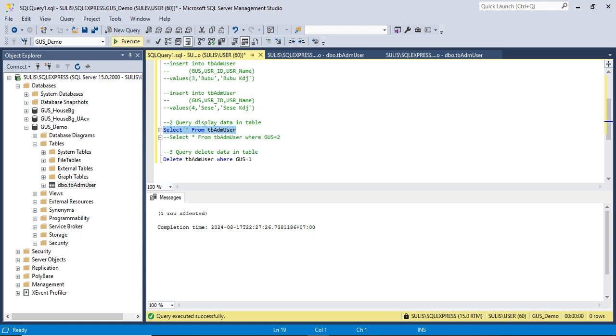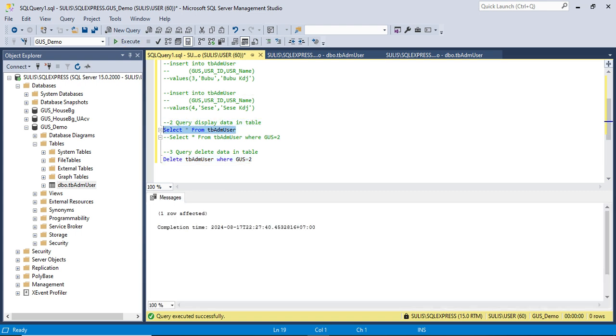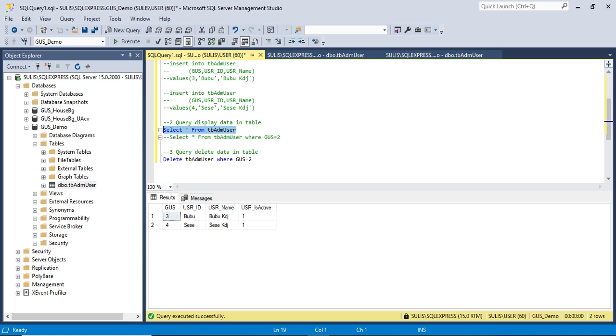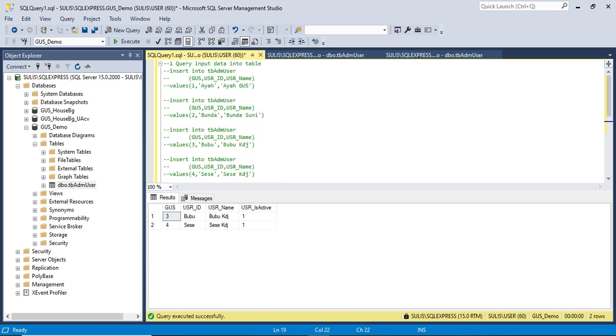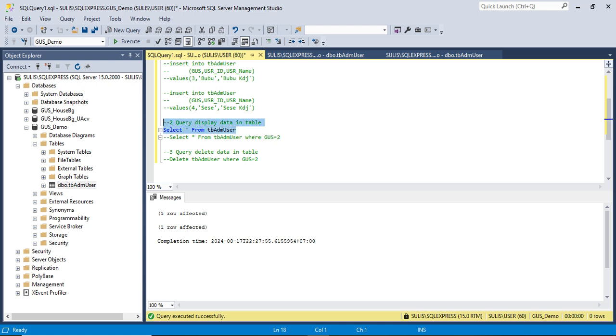Data USR ID 1 is gone. Now I want to delete number 2. And let's check. Data number 2 is already gone. Okay. Now I will input it again. Let's check.